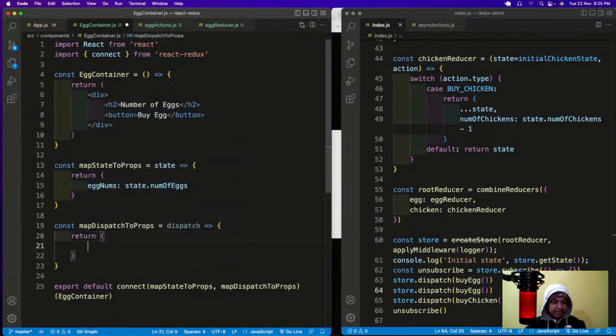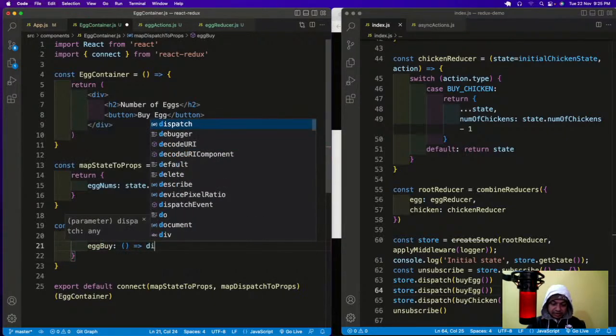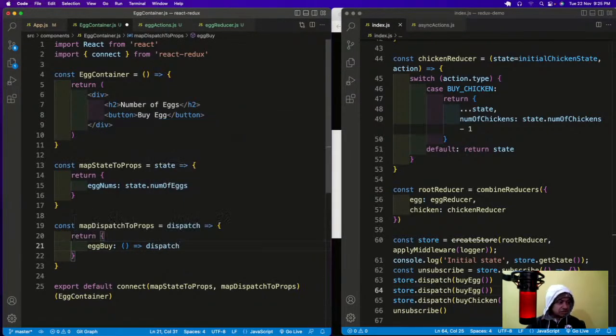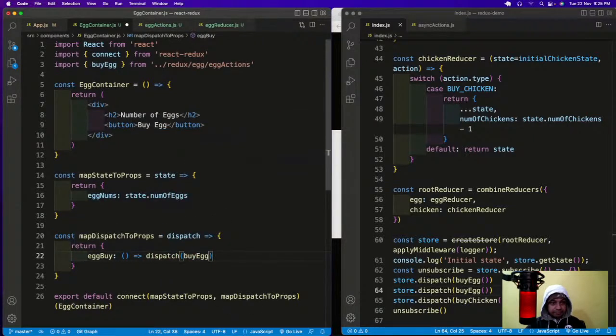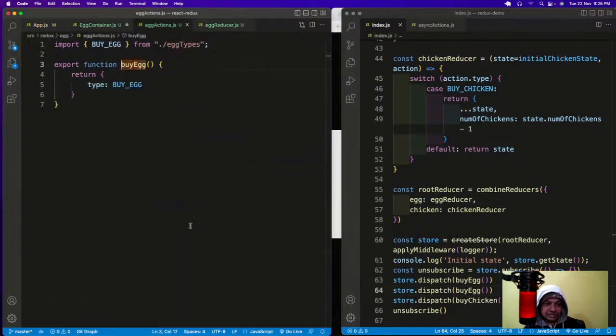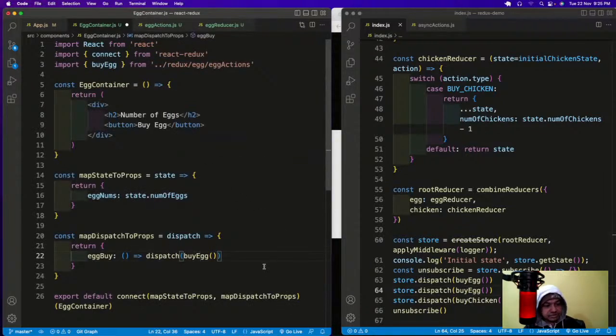So return. Again, I will have a different name, buyEgg, and then call it through like this, and then dispatch buyEgg. Okay, buyEgg. See, this buyEgg is this function which is there in this action creator buyEgg. So that is there. Now this eggNums and eggY that I have taken, and this is where